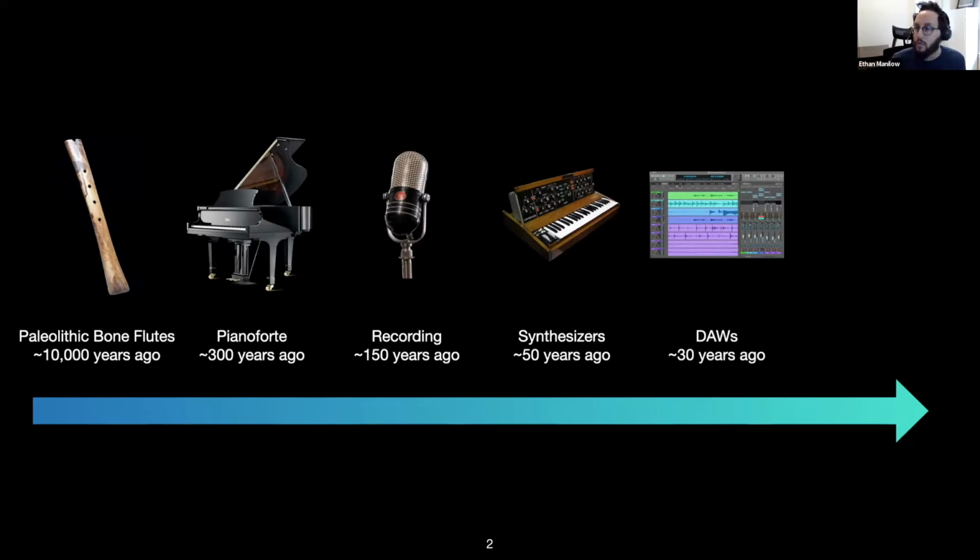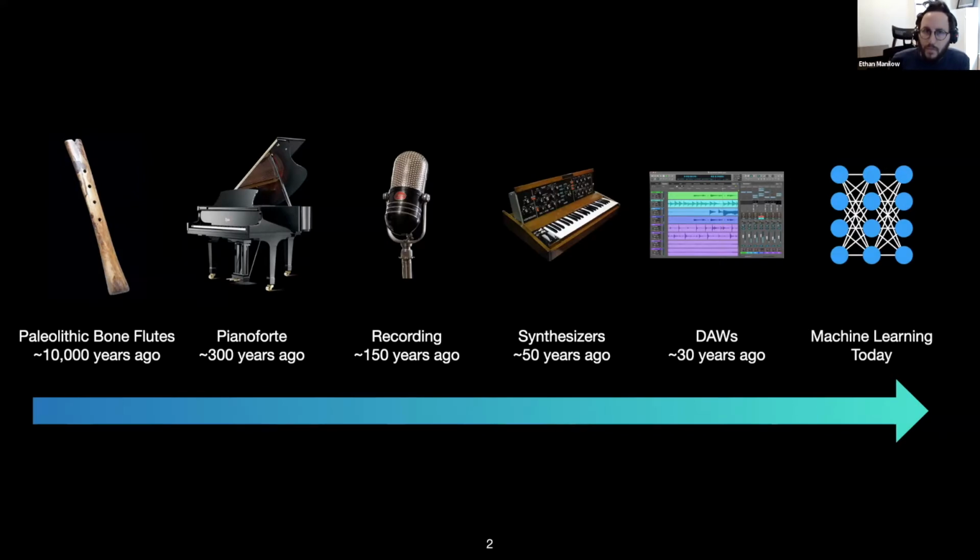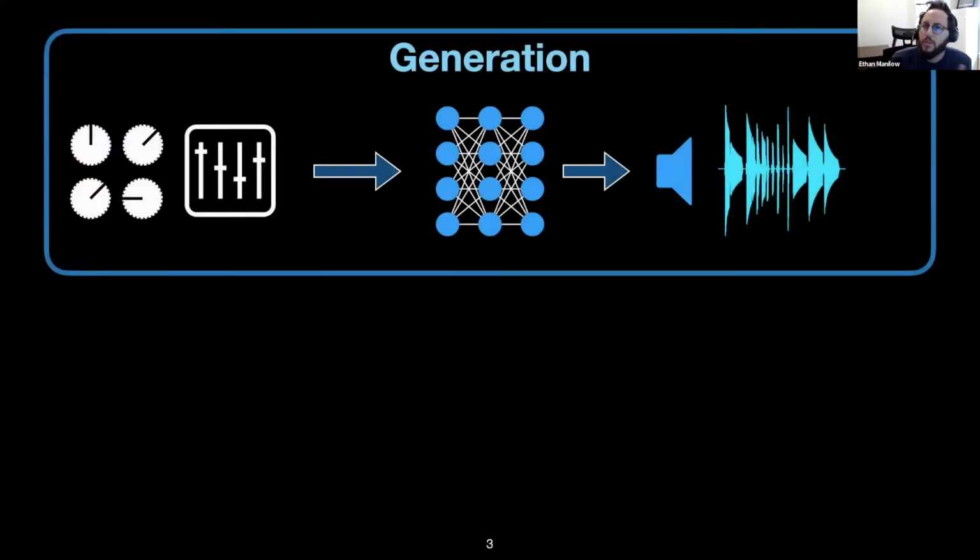And today, myself and other researchers are looking to the new step in this lineage, which is machine learning systems. And so the question is, how can machine learning systems create new types of interactions and new types of music? Well, if we're thinking of machine learning as an instrument, then the first, most obvious way that it fits in is that we want some kind of system that can generate sound based on some input controls. And this is similar to how we normally think of musical instruments: turn a knob, change the sound, etc.